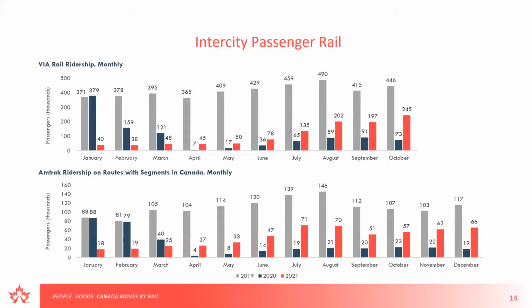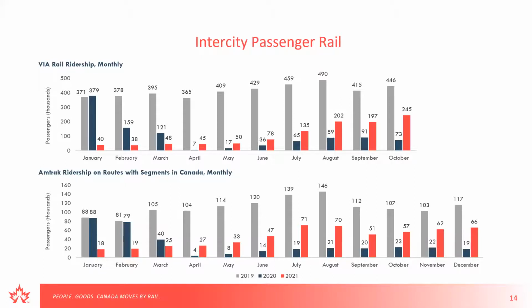On a year-to-date basis, VIA Rail ridership was 4% above 2020. So although it's doing really well now, you can see in the first few months before the pandemic kicked in, 2020 enjoyed some okay numbers, whereas 2021 didn't benefit from that. But overall, on a year basis, 2021 has beat 2020 so far, and I'm assuming November and December will do the same. But we're still 74% below 2019 levels. So it looks like we're climbing to about half the level of 2019, and we'll see what happens in the near future. And then the path for Amtrak has been quite similar.